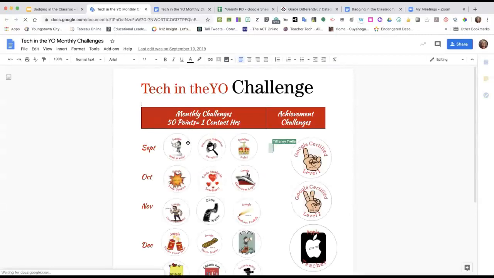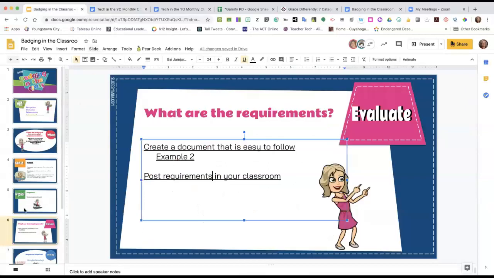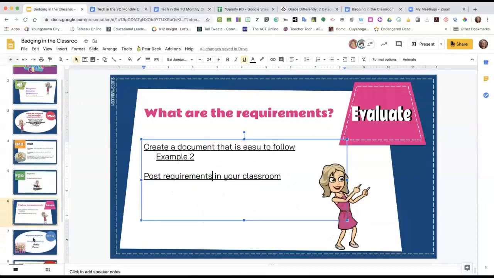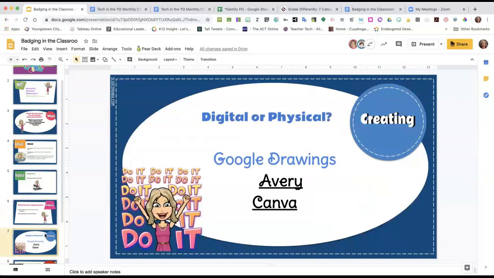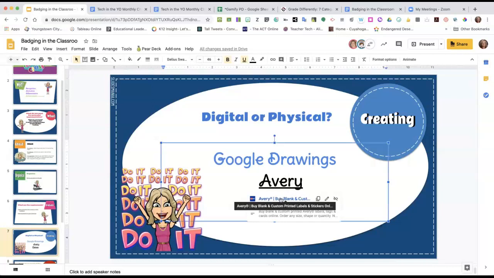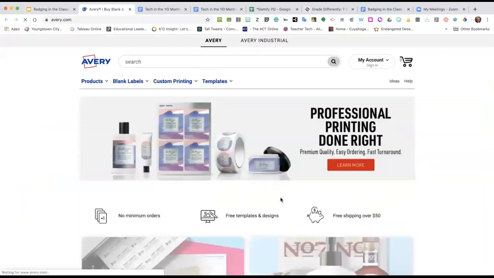We decided that maybe we wanted to have a physical, not just a digital sticker, because there's a whole conversation on whether you want to be physical or digital. So we created just a Google Drawing for the stickers to go on, which is why I said I did a little hack with my stickers, because that's how I came up with them. So your first decision is, how do you want to make them, digital or physical? The ones that we made are digital, but if you go to Avery.com, which I love,